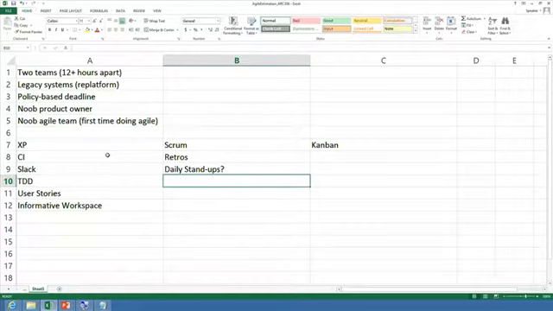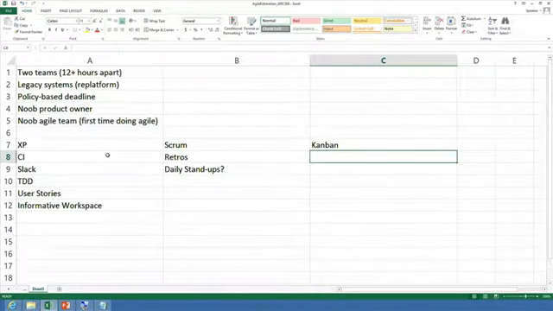Fixed duration. We're on a policy-based deadline. Policy-based deadline with fixed duration doesn't necessarily imply how one works with the other. Anyone say fixed duration? One or two people. Because they're probably thinking what I'm thinking, which is the flow. So let's go over to Kanban and then see how we can address, because we're going to then go back and address all of our bullets here. Because John just reminded us, policy-based deadline.